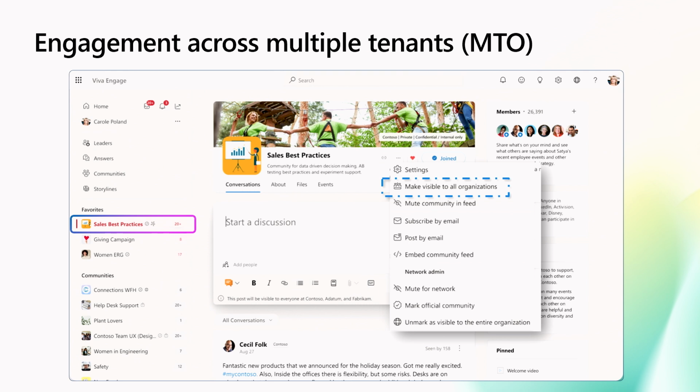Communities, you can include employees from other tenants into communities. AMAs, you can run Ask Me Anything events for all your employees across all your tenants. Campaigns, you can drive social campaigns and initiatives so everyone can participate. And all of these things are supported by analytics. You can see comprehensive metrics and measure engagement across tenant boundaries. So this is great for the more complex organizations.